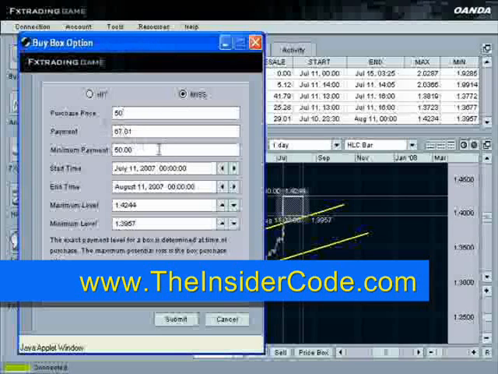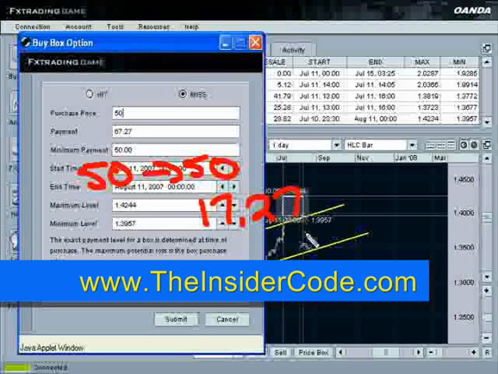Okay, now this is important information because what is Oanda telling us here? Well, Oanda is telling us that yeah, you're right. There's a big chance that the market is going to miss that level. Okay, meaning it's not going to trade inside of this box. How do I know that? Because this number is very low. Okay, they're basically saying you put in 50, we'll give you your original 50 back plus